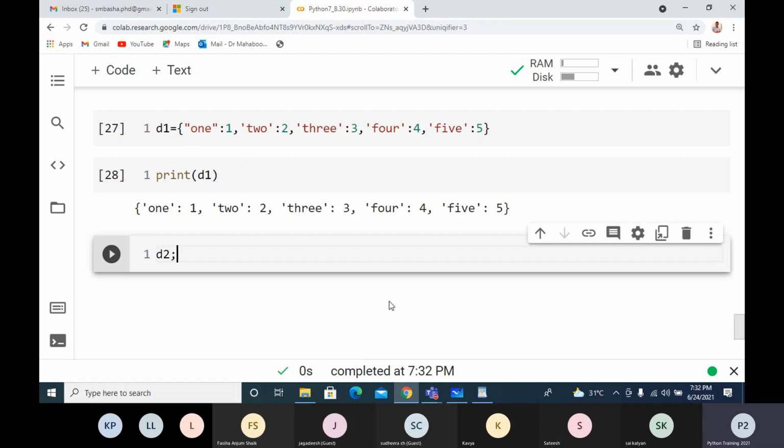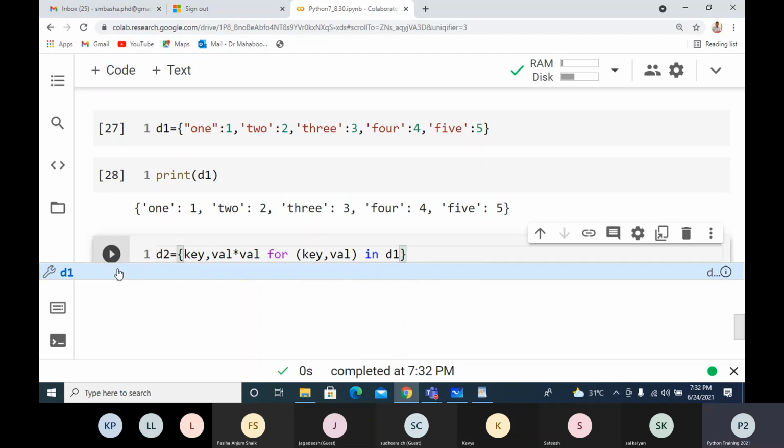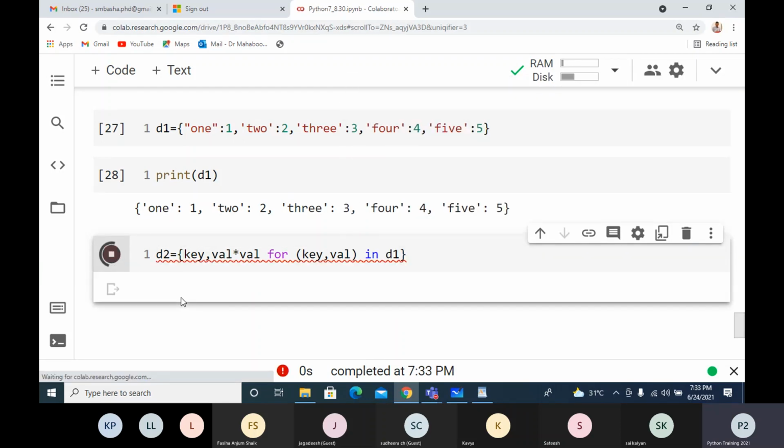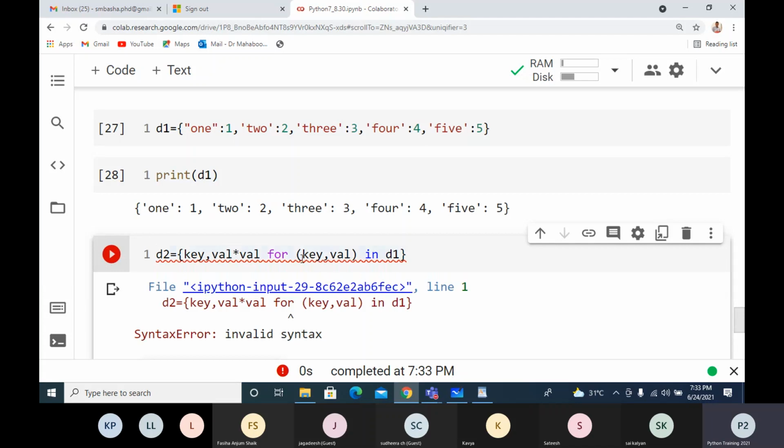So D2 equals to, I have to say key, comma, val, key, comma, val into val, for key val in D1. So this is a dictionary. We'll see what is going to happen.